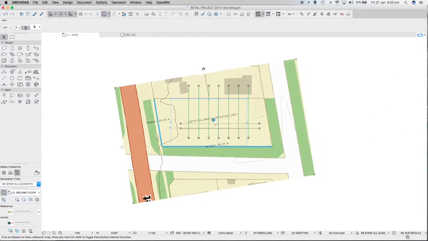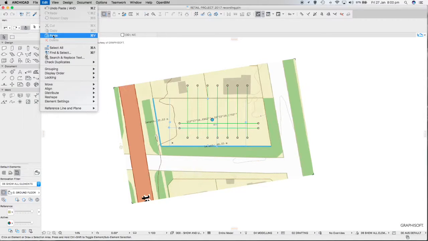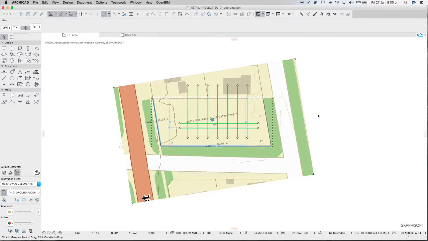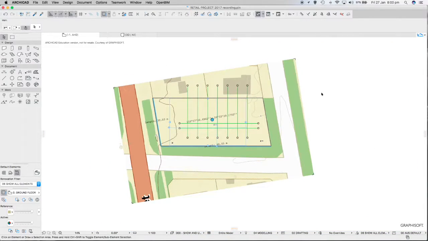So we're on AHD here, and I also want a copy of that, so edit, paste that. I was expecting it would come up with that same dialog box as before, but it didn't seem to this time. It obviously appears to be in the right position now. Okay, so we're now on AHD,